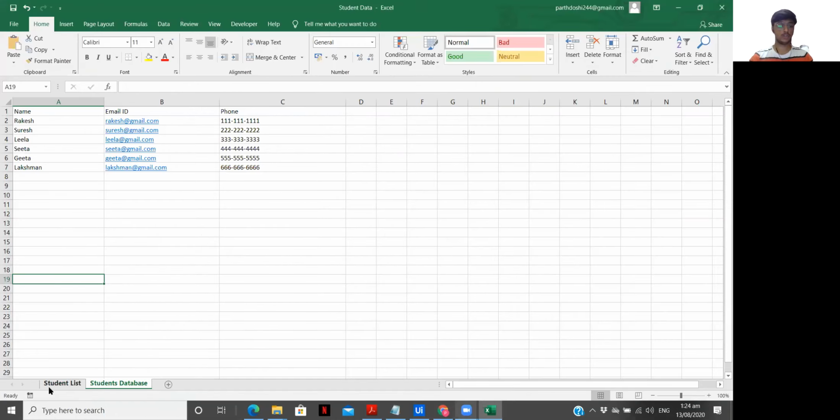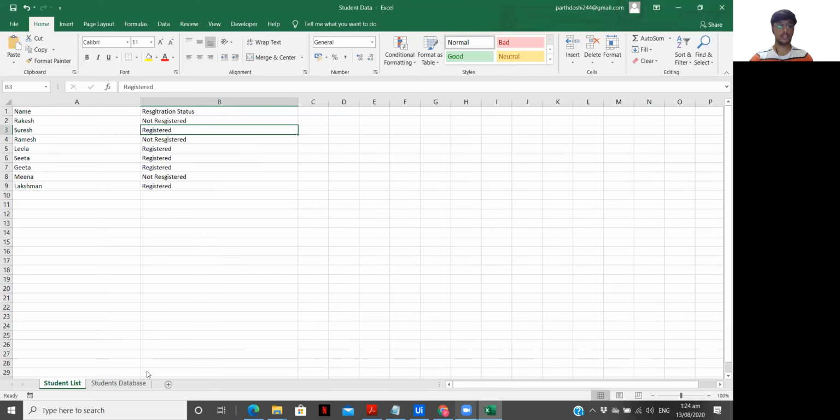And as you already saw, the output is here. This was completely unattended. Now, one more thing that can be done over here is we can use conditional formatting, so whatever is not registered, that particular part will be highlighted. So this was a complete use case about unattended automation.